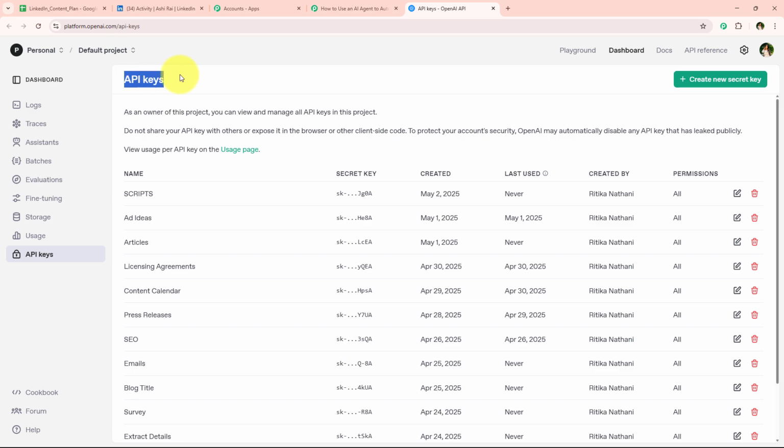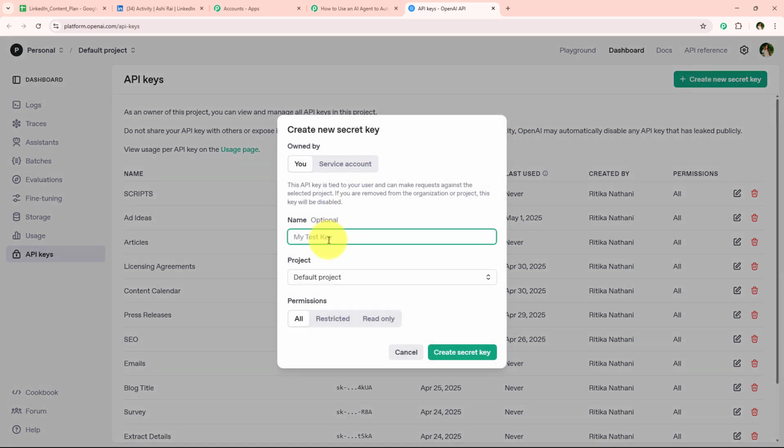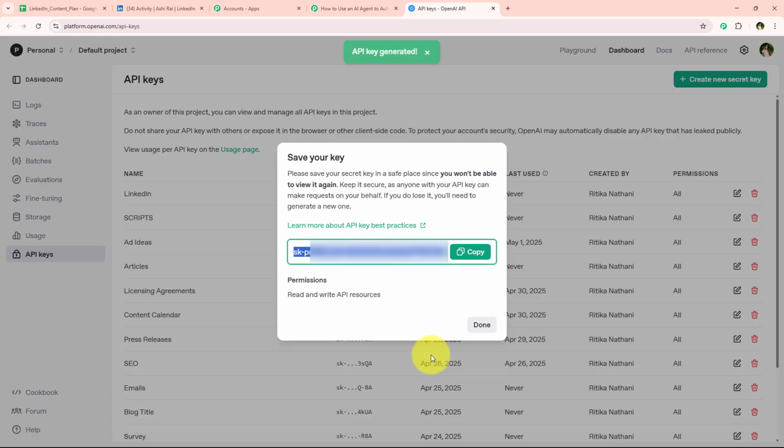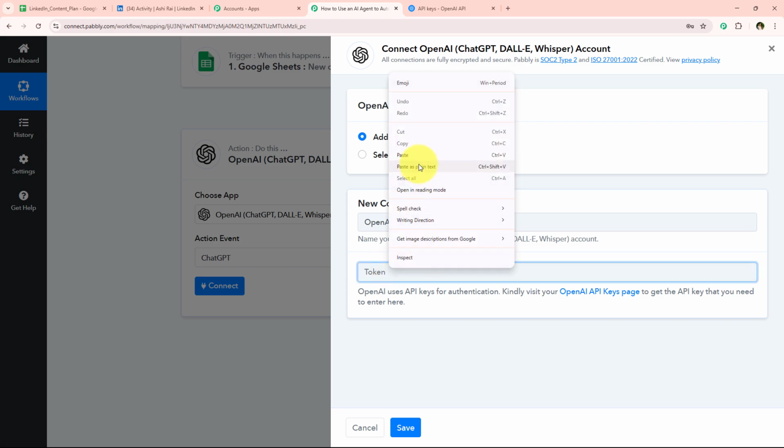After coming over here to this API key page, we simply have to go to create new secret key. And now I'm just going to name my key. So I'm just going to name my key LinkedIn right over here. And as you can see, I've simply named my key. After naming my key, I'm simply going to select the project and click on the create secret key button. Once I click on this create secret key button, we have successfully generated our API key. So I'm simply going to copy this key